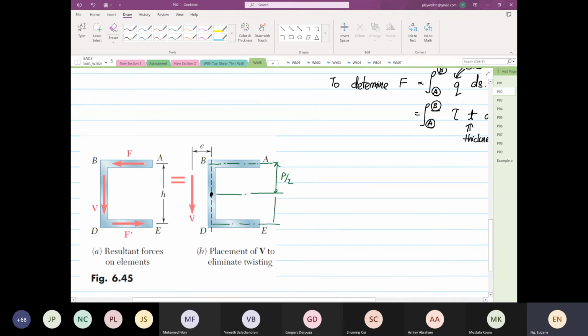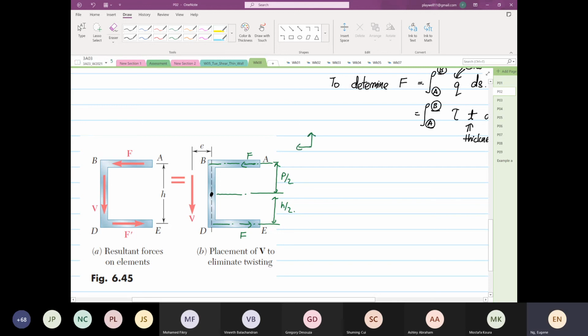So that is our h/2. We have a force going in this way. We have a force F, and coming out will be the other direction. The other F will be below us. And then we have V. So if I draw our transformation again,